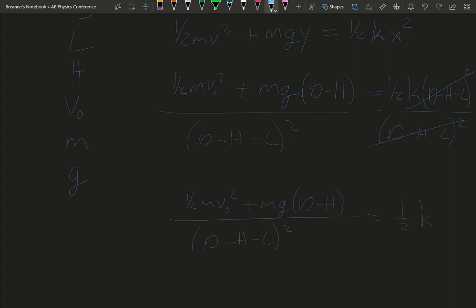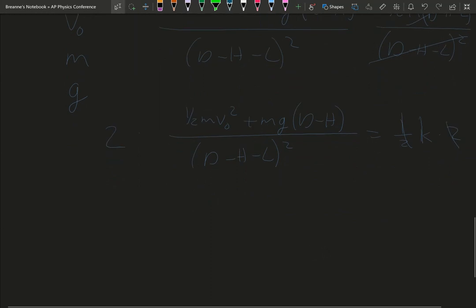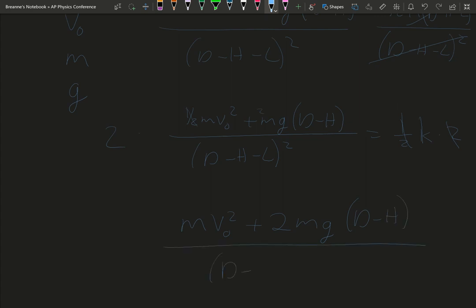Well, we need that 1/2 to go away, so we're going to multiply both sides by 2. And so that 2 causes the 1/2 to go away. So we get mass times v naught squared plus 2mg(D minus H) divided by (D minus H minus L) squared